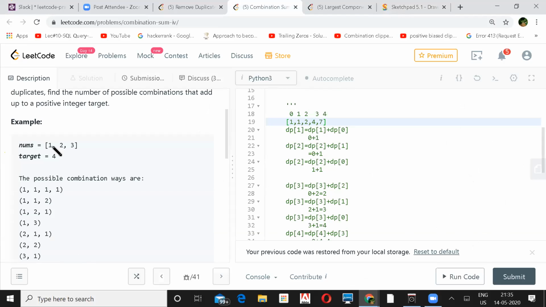DP of 0 is a base case, right? Yeah, base case, DP of 0 is 1. I understood, because they are all positive numbers. There is only one way you can get 0. Correct. So that I understood. But the equation at line number 20, DP of 1, which I am trying to find out, is dependent on DP of 1 itself, which I am trying to find out again. That is what my problem is.